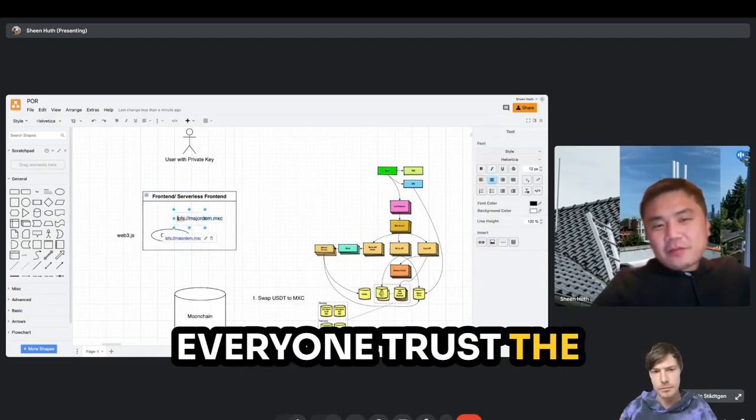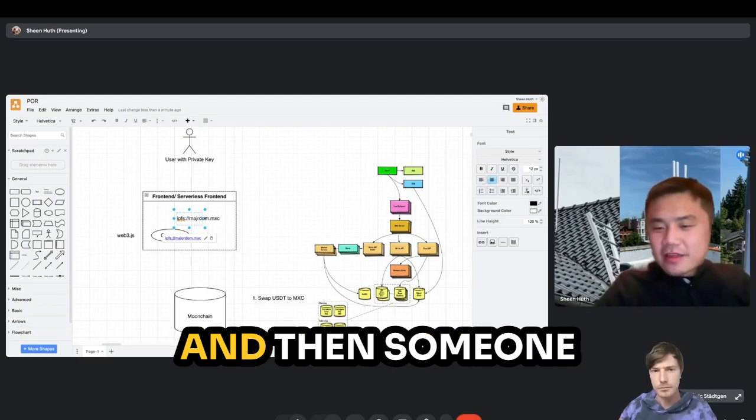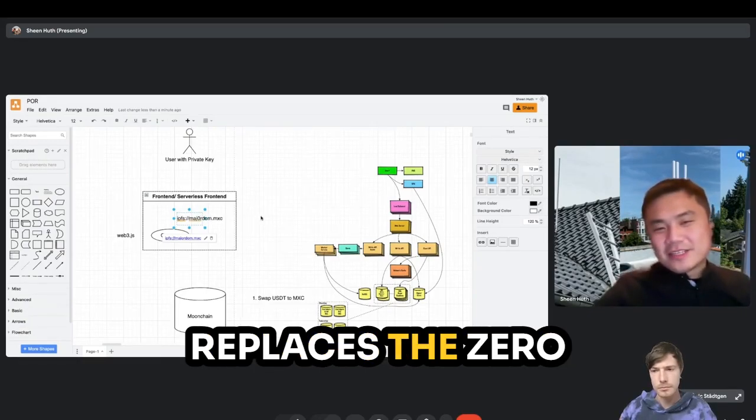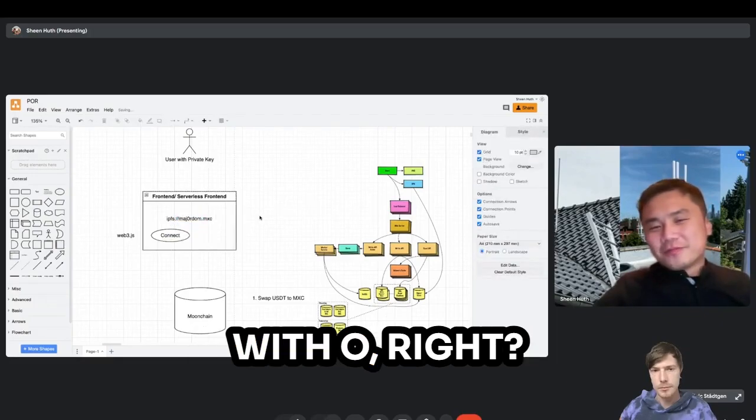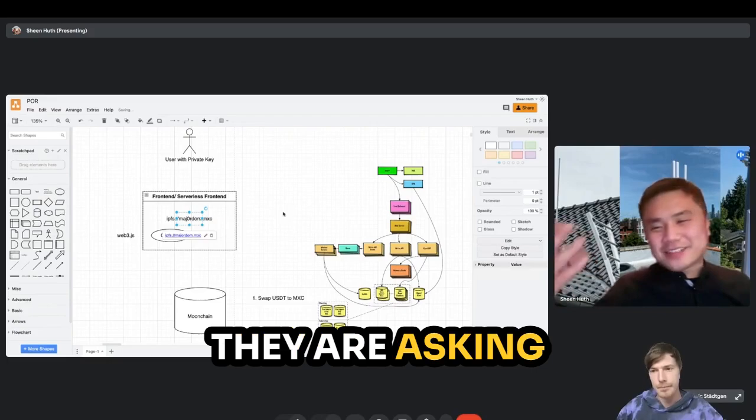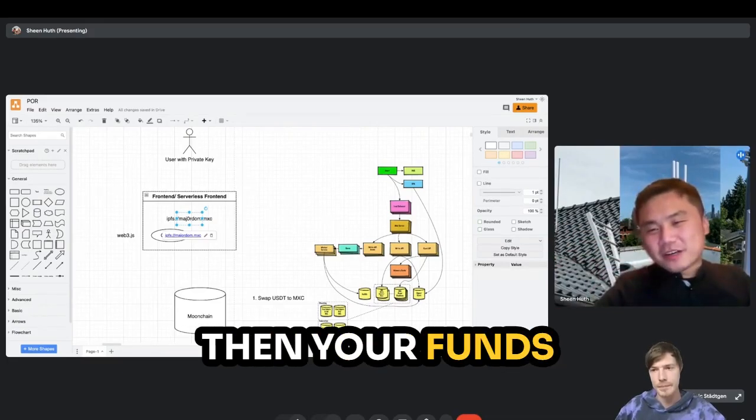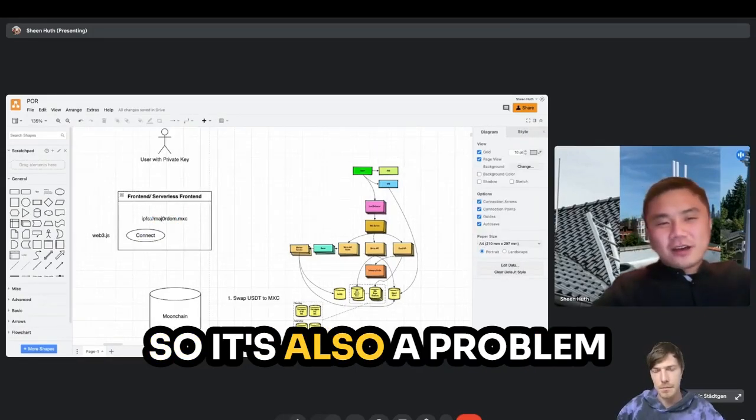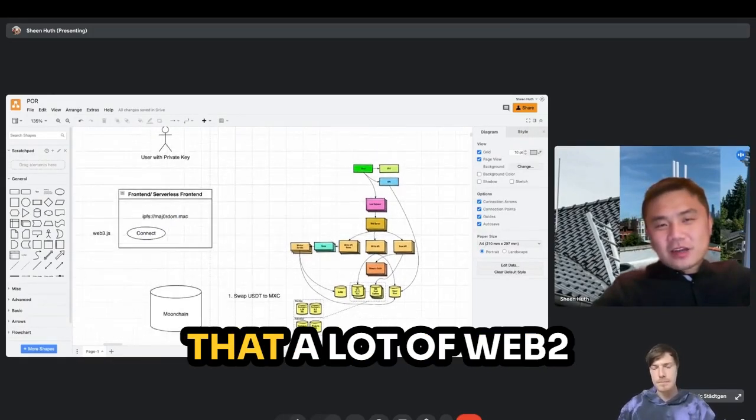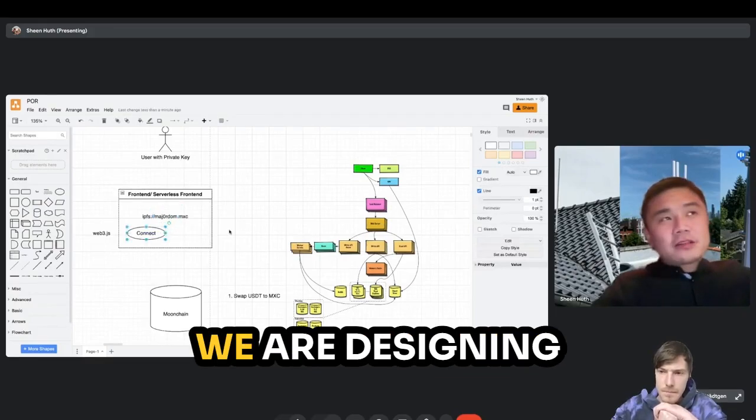So everyone trusts the IPFS domain .mxc, and then someone replaces the 0 with O, right? Okay. And then they let you access it because they are asking you to give them extra permissions. Then your funds are gone. Right. So this is also a problem that a lot of Web2 users are hesitating about, because when we are designing